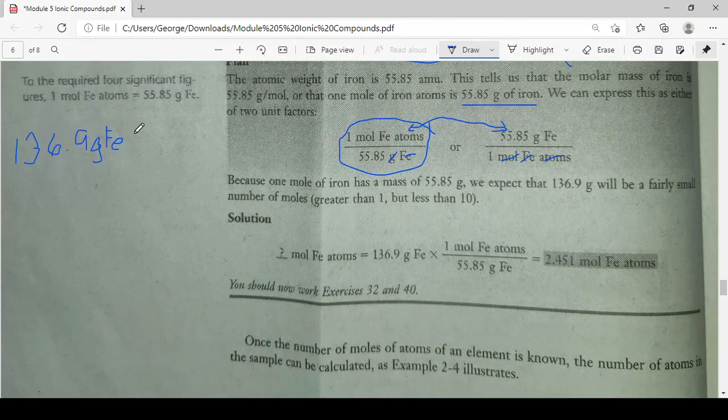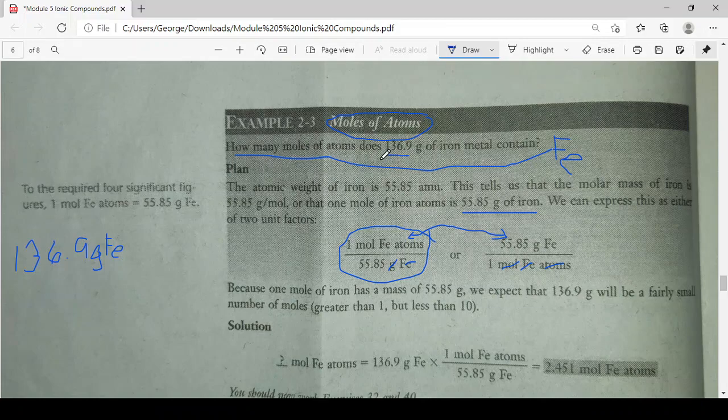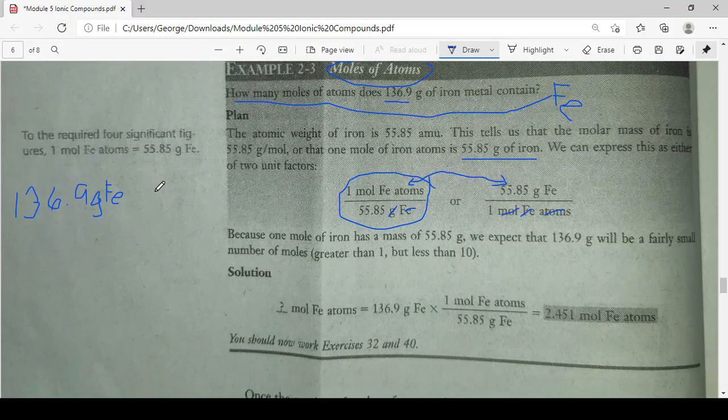So 136.9 grams of your iron, we also have it above. It is given in the problem. Next, we will find its atomic mass. Again, we cancel grams of Fe, therefore the grams of Fe will be at the bottom and my moles will be at the top. So for every 1 mole, since we are finding moles of atoms,